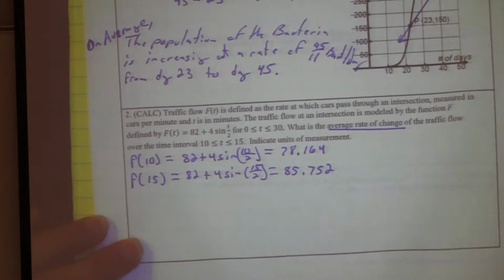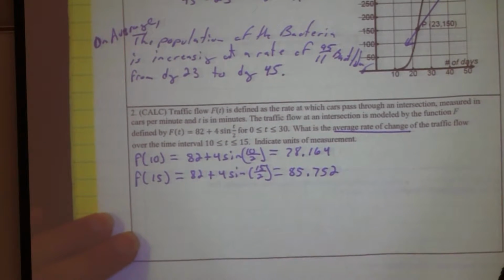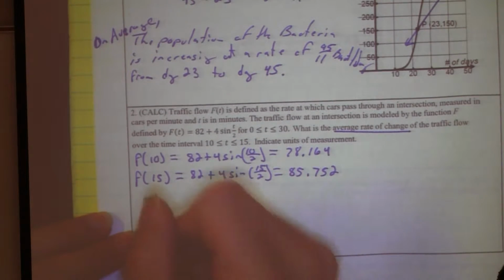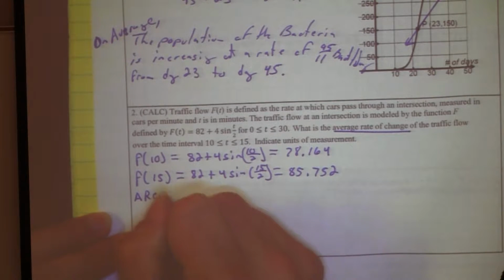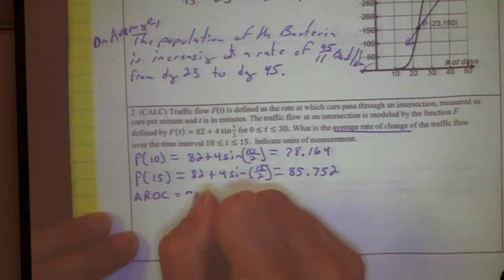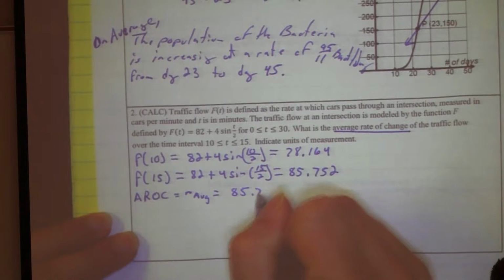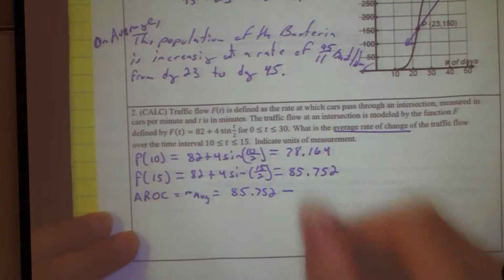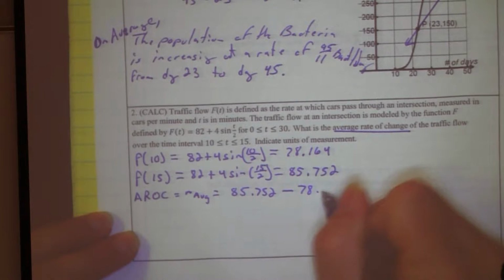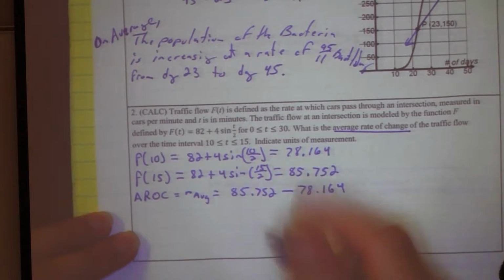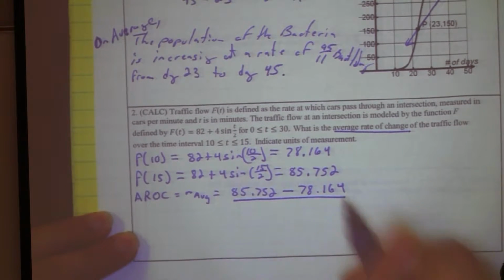Okay, so do I have my stuff now that I can use? Yes, okay, what's going to go on the top? We're looking for AROC, average rate of change. So 85.752 minus 78.164 over